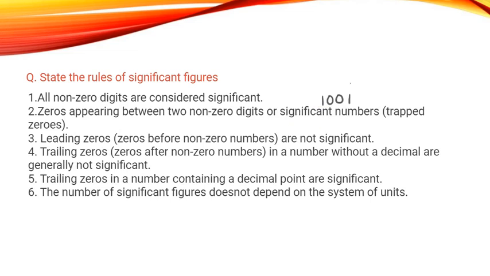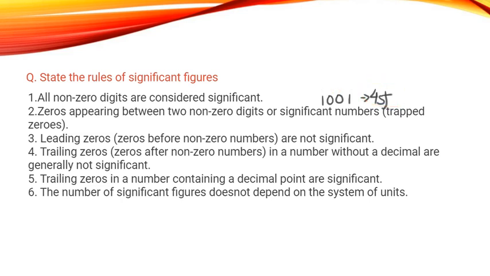Now suppose you have 1001. Just because they are 0, will you ignore this 0? Suppose if I have to give you this much amount, 1001 rupees. Now I'll say just because they are zeros, you forget about the zeros. I'll give you only these two significant numbers, 11. So will it be valuable? No. So in such case where your zeros are between two significant numbers, such zeros will also be significant. Now in such case, how many significant figures will be there in total? 1, 2, 3, 4. So you will have 4 significant figures.